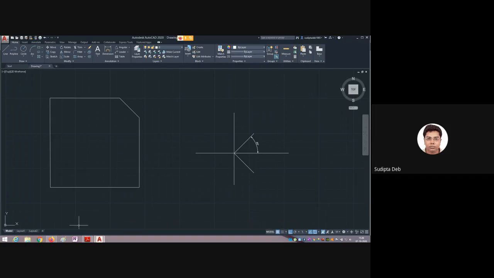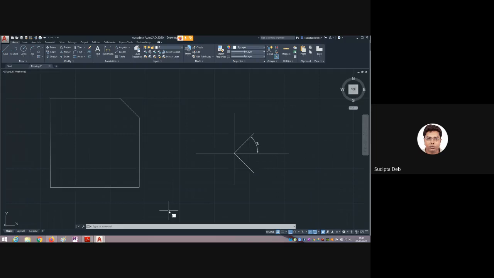Now how to write? It is very difficult. How to write down the command? You can use this for drawing. You can use these things directly from here, but without the command bar, this is very difficult to draw. Control plus 9, if you press at a time, you will get this option. Clear?